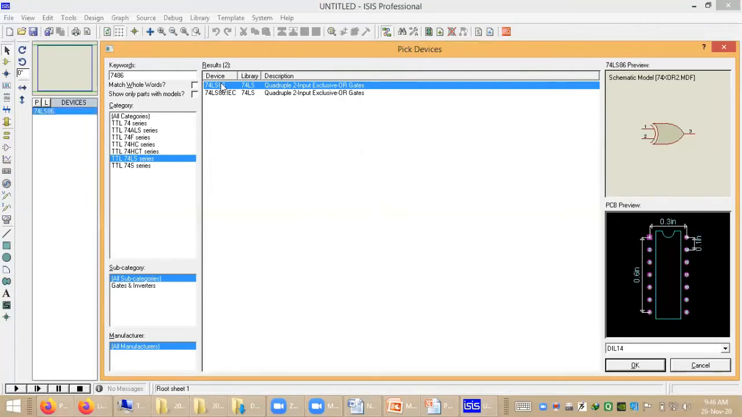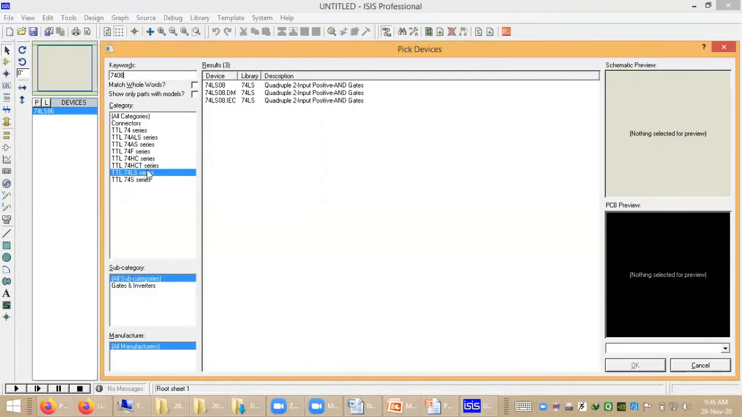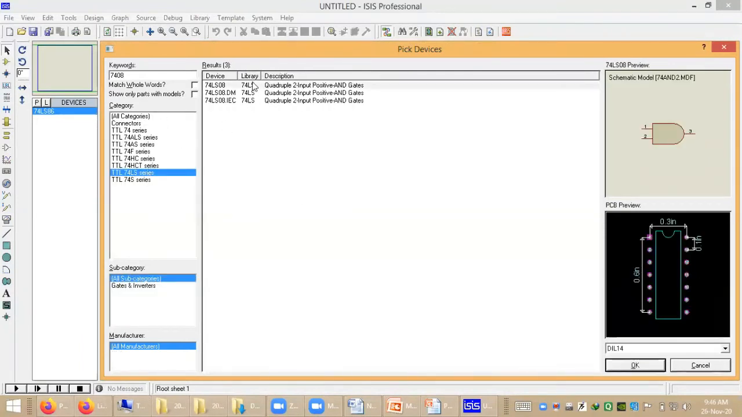Double click on this. Then we require the AND gate, 7408. Okay, 7408. Select the LS series. Select the first IC, 74LS08. Double click on it. Then we require